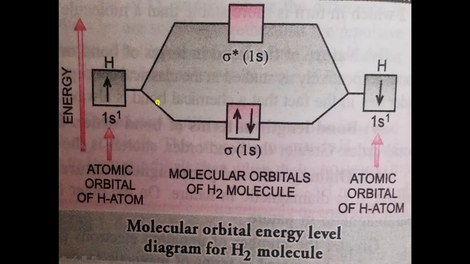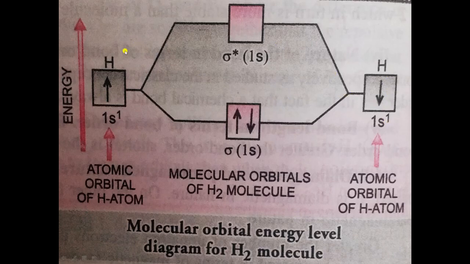As you can see, the electronic configuration of hydrogen is 1s1, okay, and H2 molecule is formed by two atoms, one hydrogen atom plus another hydrogen atom. Now this orbital is for the first hydrogen atom and this orbital is for the second hydrogen atom, right? So here you will write 1s1 and represent one electron like this, and here also the electronic configuration is 1s1, so you will represent one electron here, and spin must be opposite.